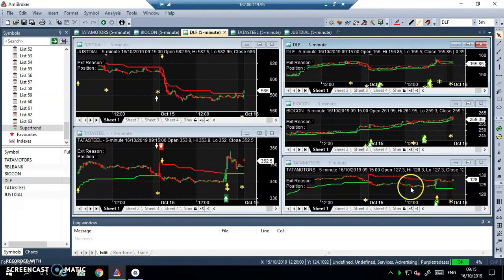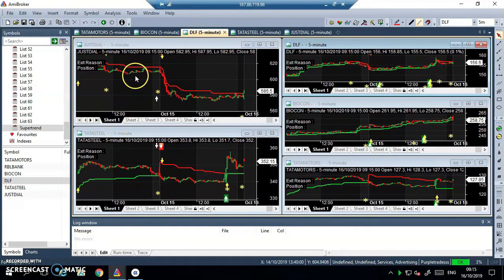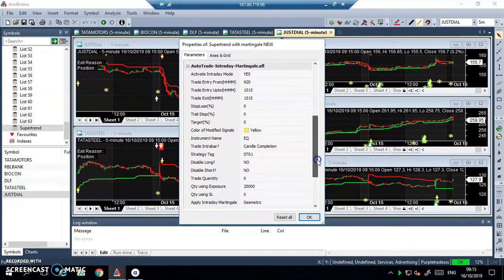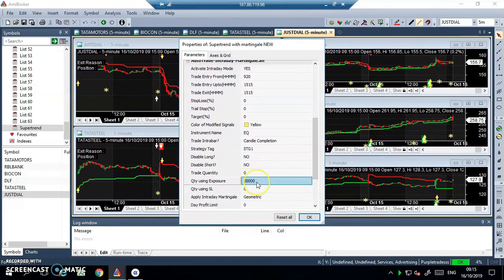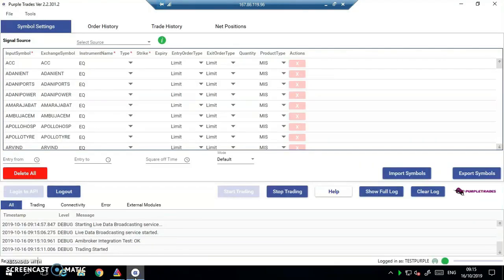Yesterday I gave 10,000 rupees per script. Today, let us say I would give 20,000 rupees per script, because I have around 38 to 40,000 rupees in my Upstox account, on which I will get 20 times leverage. So 40,000 would become around 8 lakh rupees, right? Assume that I have around 8 lakh rupees to trade with, and that is why I'm giving 20,000 rupees per stock to start with.